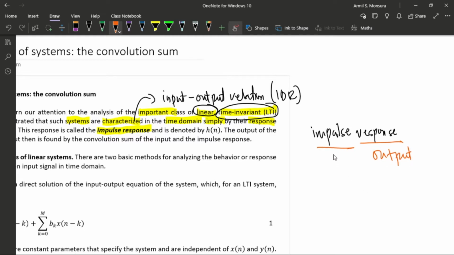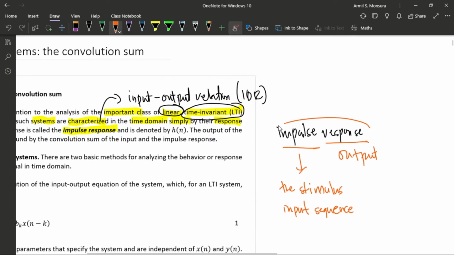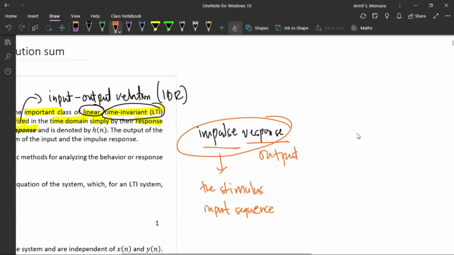Now, the impulse here actually means the stimulus, or the input sequence, that causes the system to have this as the output. So, if we represent a system, in particular an LTI system,